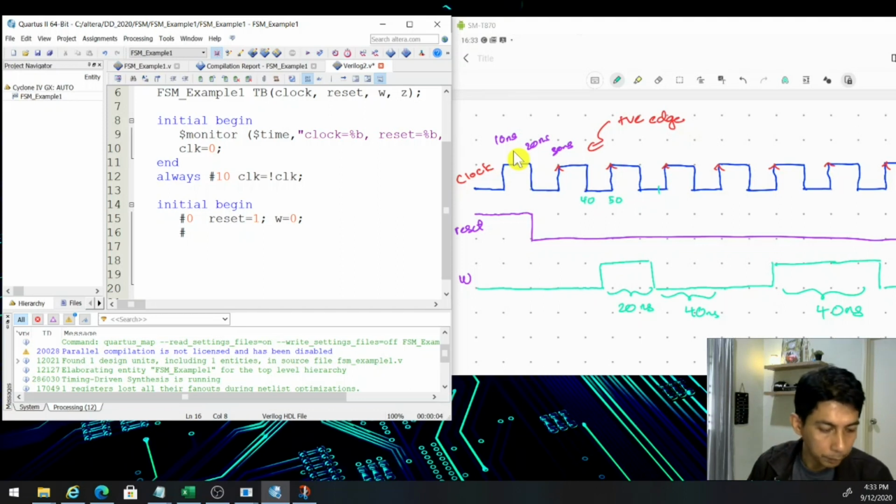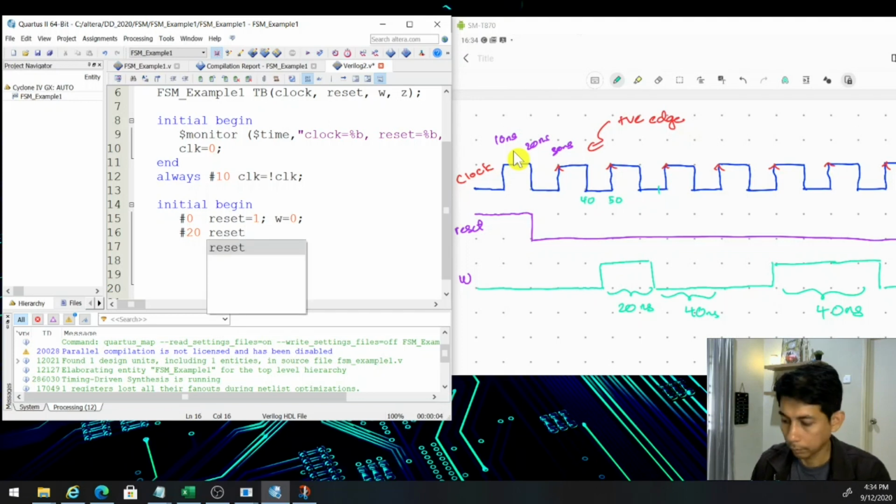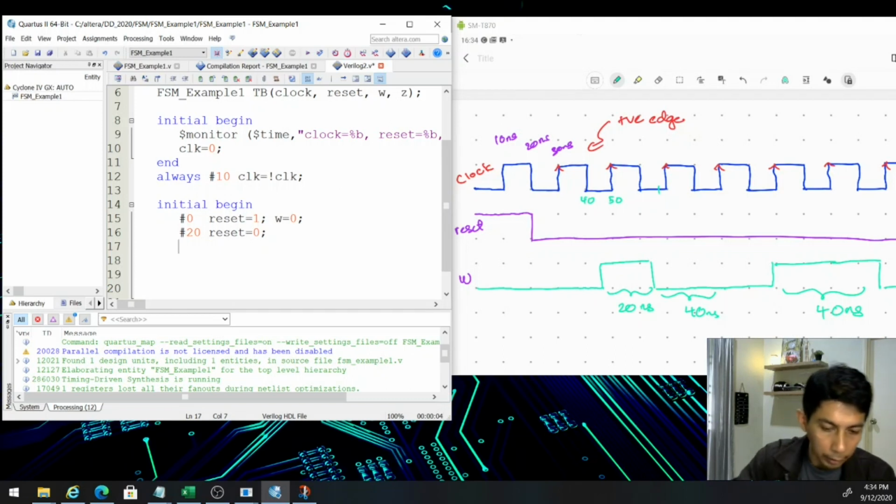And at time 20 nanosecond, all right, the next 20 nanosecond, we make our reset to be 0. All right, and w is still equal to 0 here, so no need to change. And here, another